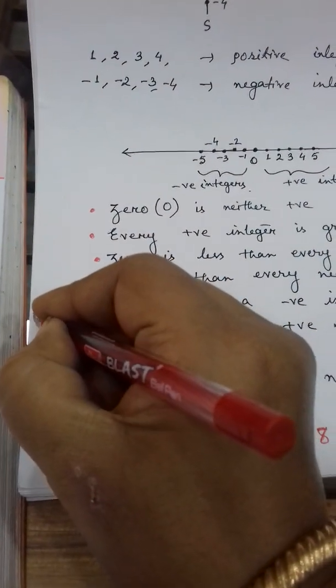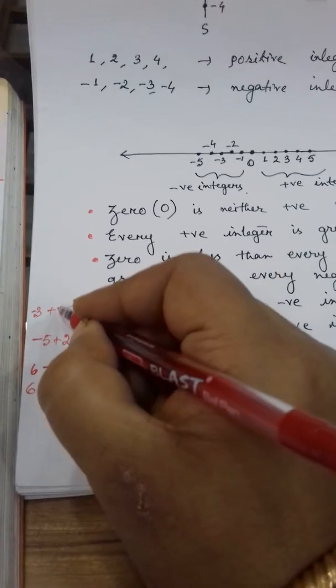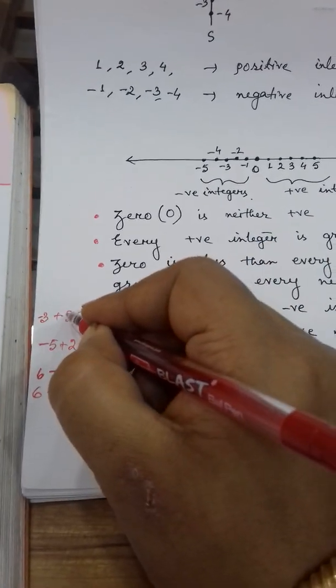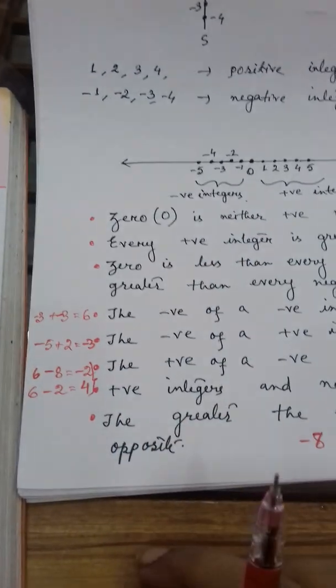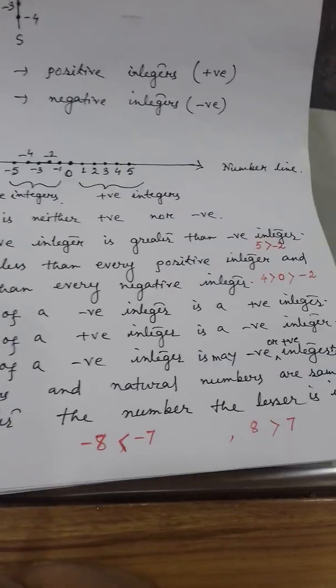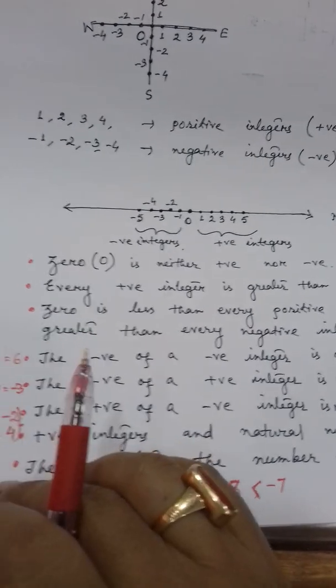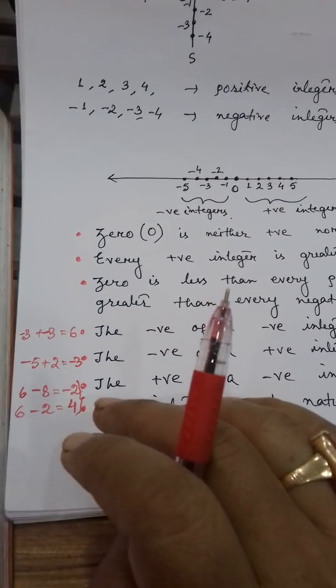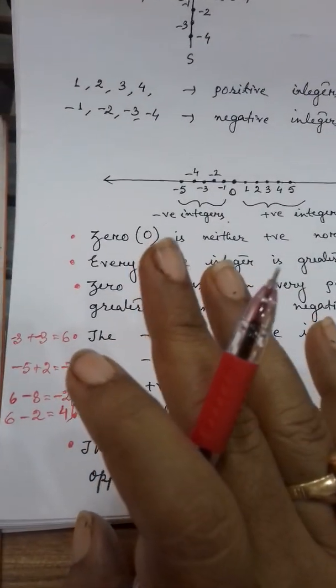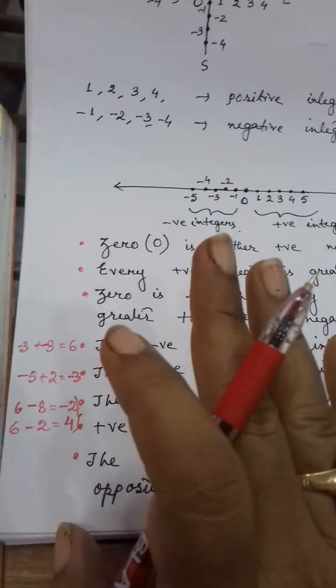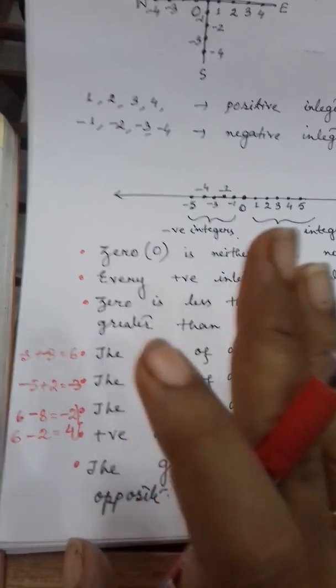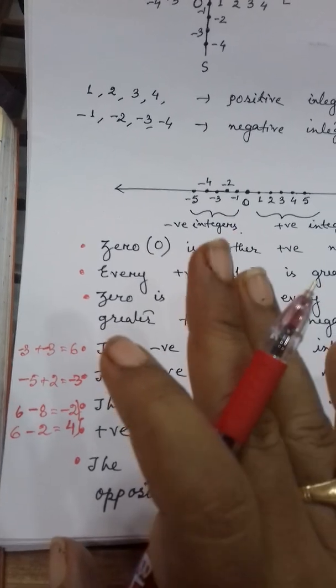Suppose here I am giving -3. Clear? Here if you write, it is -3. So minus means what? The negative of a negative integer is positive. That means if you add -3, it becomes what? +6. You will add or not? Here positive means you will add -3. Yes or no? So it will be 6.